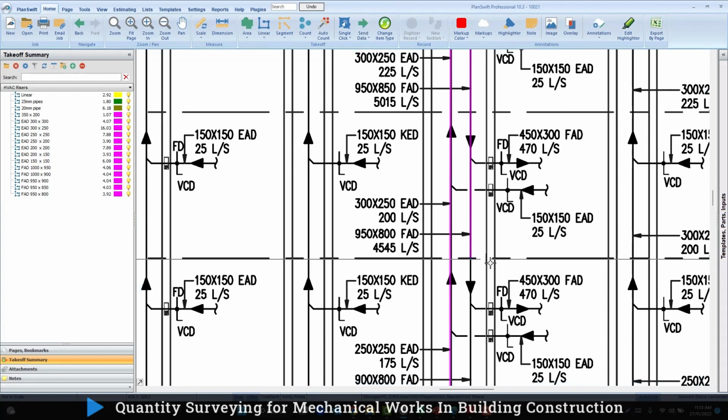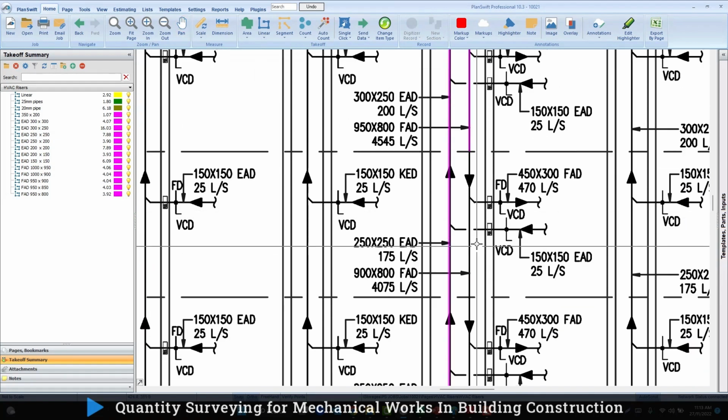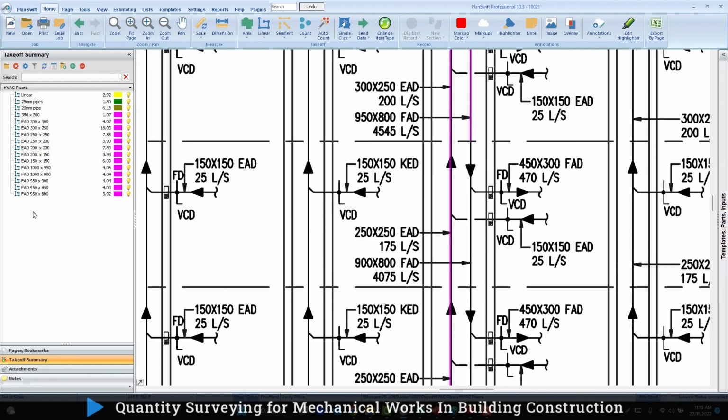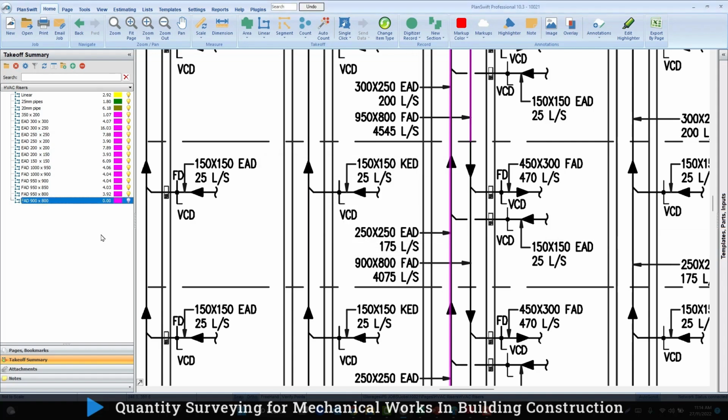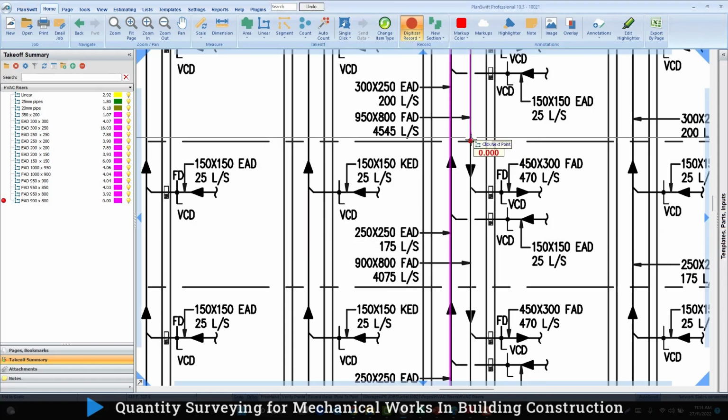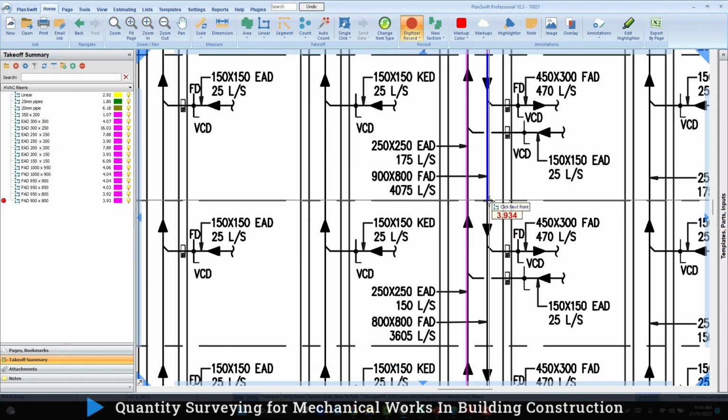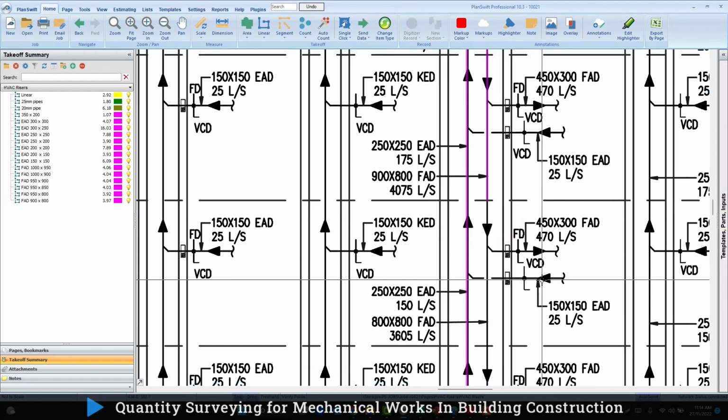Escape. Okay. The next duct, it is 900 by 800. So again, I'll duplicate this. The one size 800, it is same. The 950 becomes 900. I'll click OK. I'll take it over here. I'll take it till here, only for one floor. The next